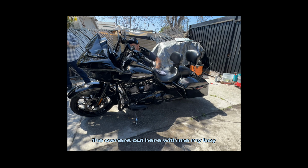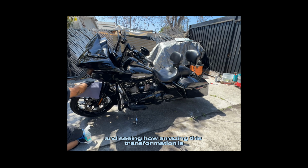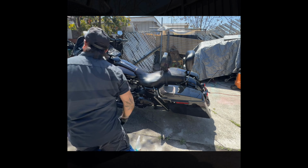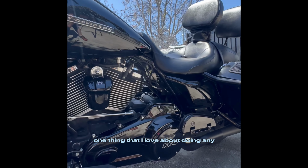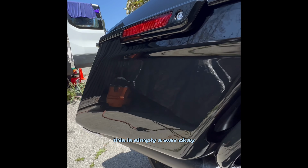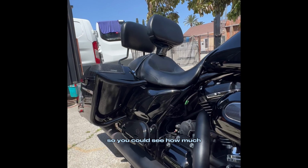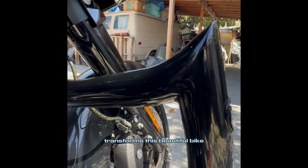The owner is out here with me, my boy, just checking on the progress and seeing how amazing this transformation is. Now I'm going to cut to a different shot so that you could see all its glory just a little bit slower. One thing that I love about doing any gloss black vehicle, including motorcycles, is the mirror finish you get. This is simply a wax. This is no polishing or anything like that. So you could see how much a wash and wax transforms this beautiful bike